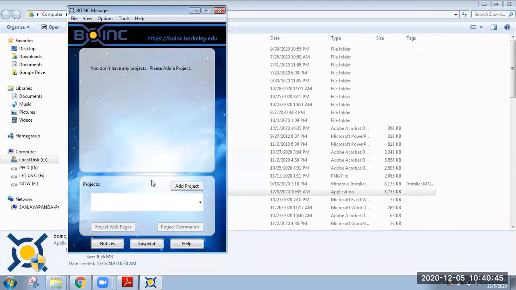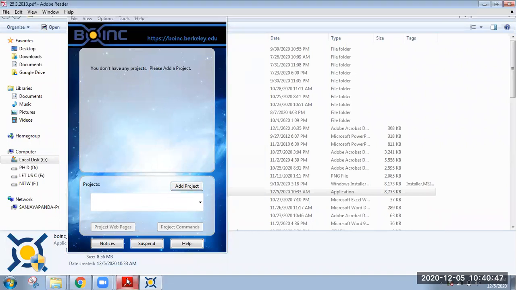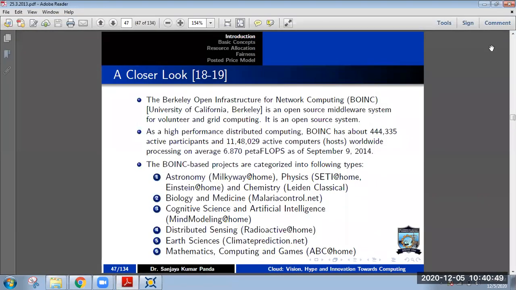Okay, now come to the theory part, then I will tell you how to add a project, right? So here you can see, as a high performance distributed computing platform, BOINC has around 5 lakh active participants who are going to share, because one user can share multiple computer systems, right?